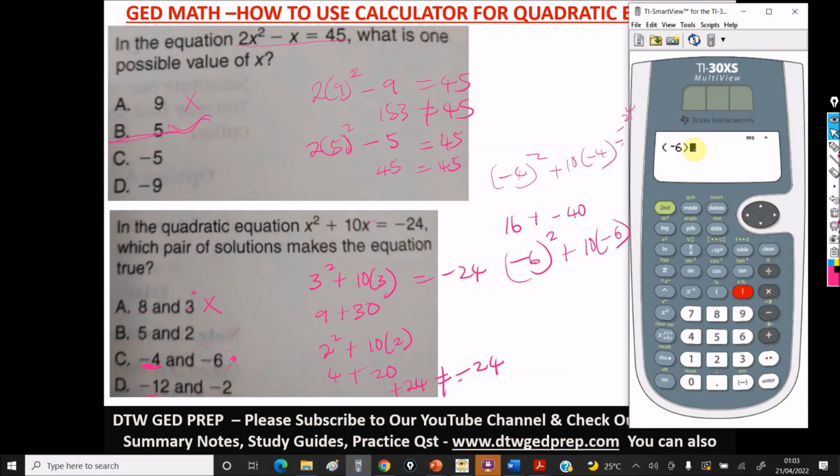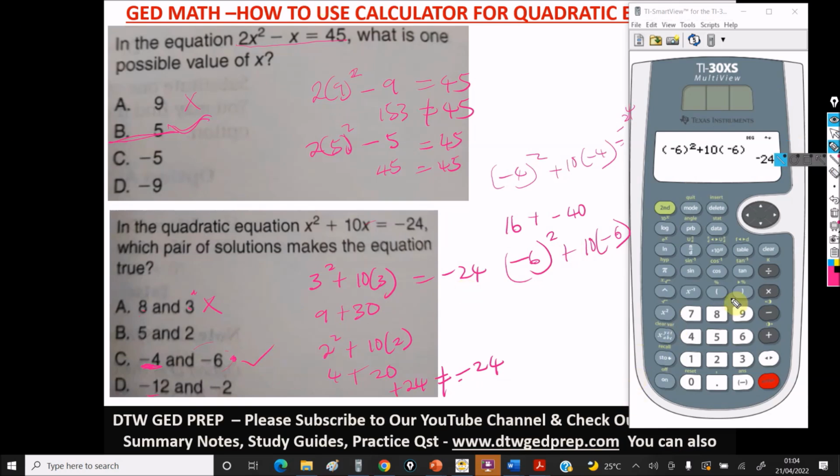Or let's first get the right answer, then I show you, so you don't make a mistake. So you do the square, then plus 10 in parentheses negative 6, close the parentheses, enter. You see it gives us negative 24. So it means option C is the right